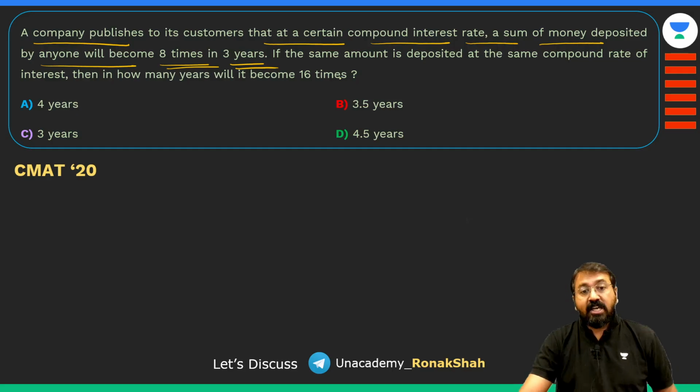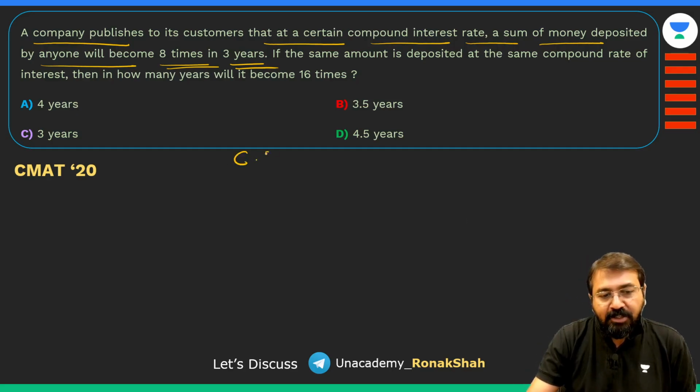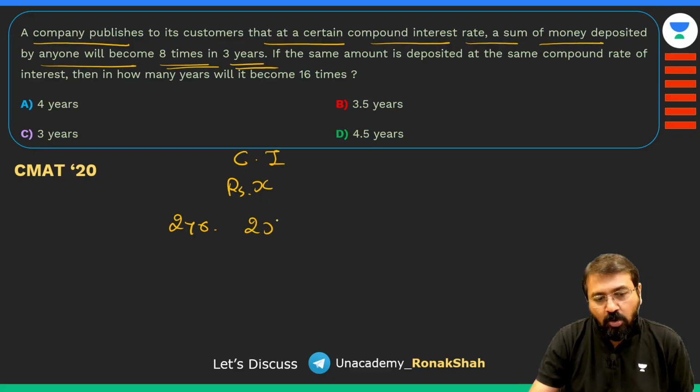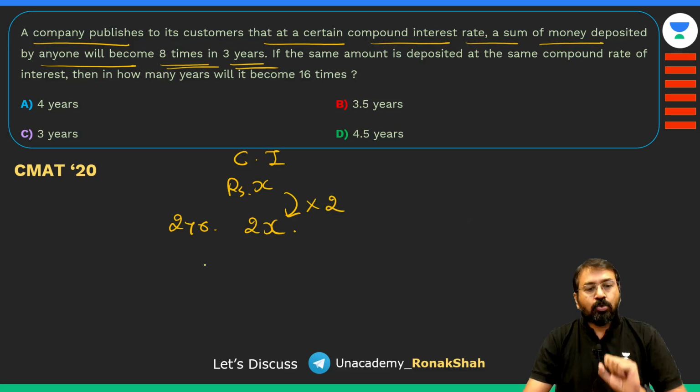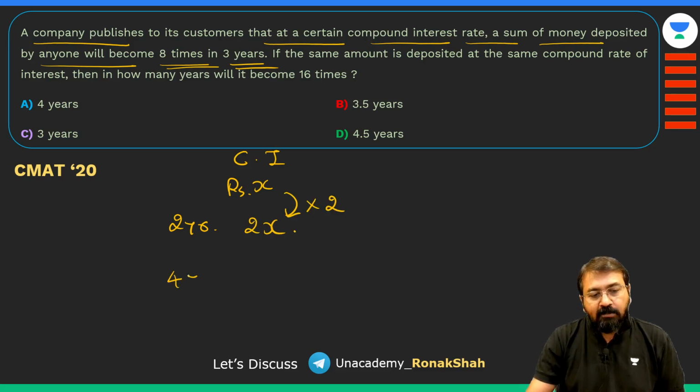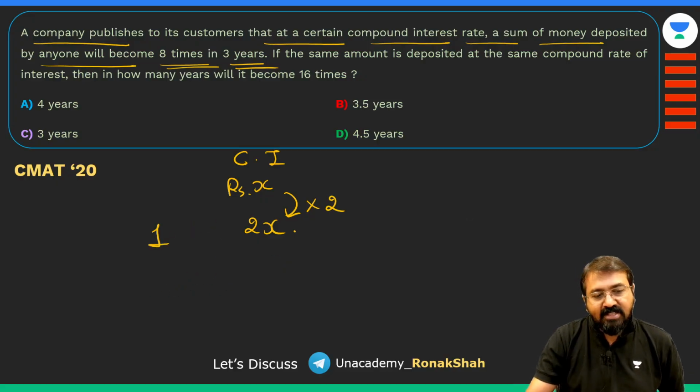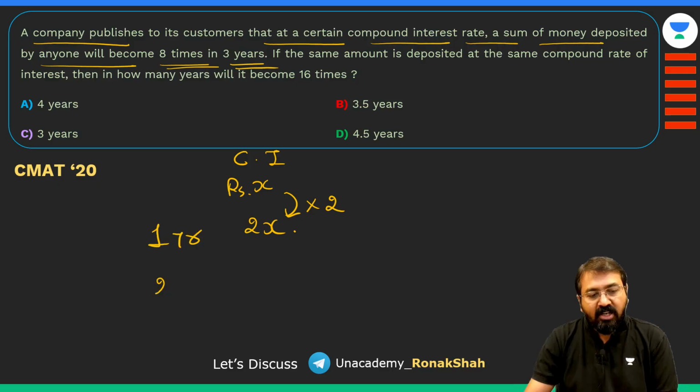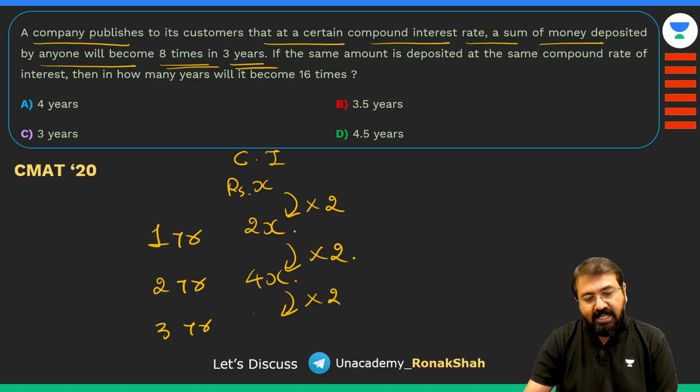अब ये चीज़ समझनी है, कंपाउंड इंटरेस्ट है। गाइस, कंपाउंड इंटरेस्ट पे अगर मैं x रुपीज़ इन्वेस्ट करता हूं और 2 साल में अगर वो दुगना हो गया, 2x, मतलब आप ये देखोगे कि वो 2 साल में 2 से मल्टीप्लाई हुआ, तो हर 2 साल में वो 2 से मल्टीप्लाई होता रहेगा। या फिर मैं यहाँ पे ऐसा कर देता हूँ, 1 साल में वो दुगना हो गया तो हर 1 साल में वो दुगना होता जाएगा, मतलब 2 साल के बाद वो 4x हो जाएगा, एंड 3 years के बाद में वो फर्दर 2 times, 8x हो जाएगा।